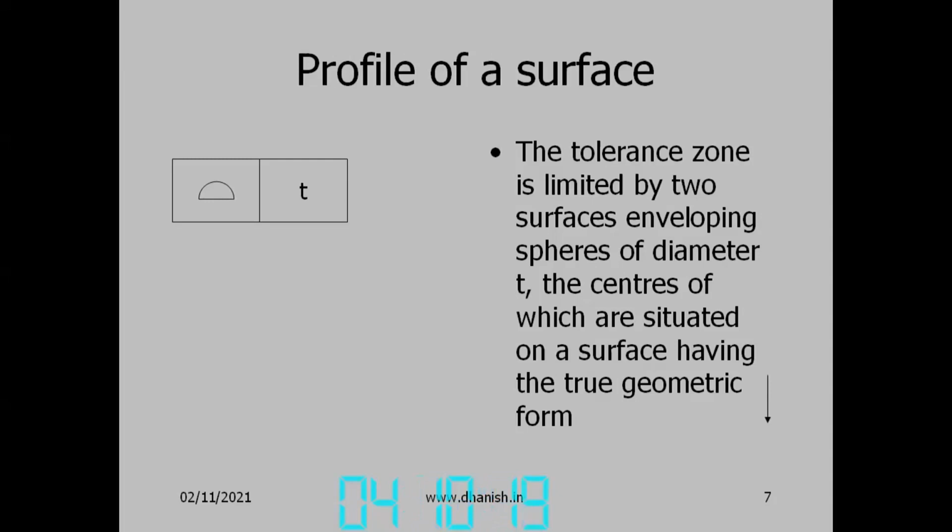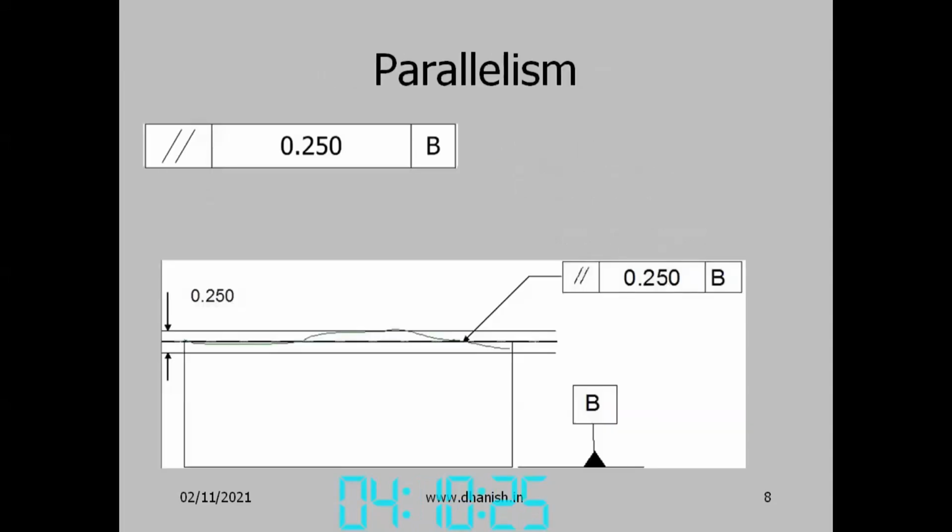So geometric tolerances we first divide into form tolerances and relationship tolerances. These are the form tolerances defined by the standard. Now we come to the relationship tolerances. First is parallelism, denoted by the symbol of two parallel lines. Even in machine drawing you would have studied this notation. Parallelism always requires a datum, whereas roundness, cylindricity, profile of a line, etc. are all form tolerances. They don't need a datum. They should not have a datum.